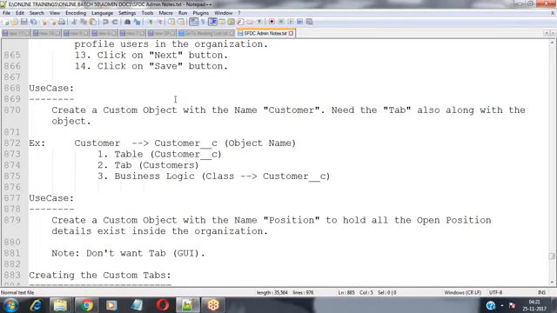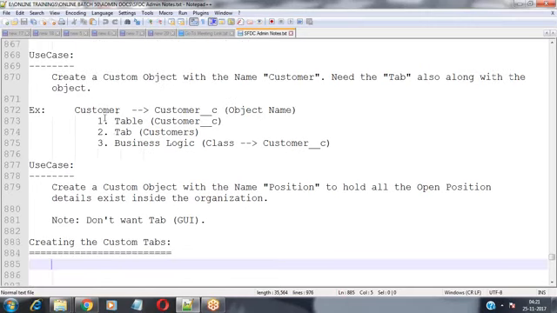For example, if I'm creating an object with the name customer, then Salesforce will create the object with the name customer__c, because we already discussed that we have two types of objects in Salesforce, standard and custom objects.